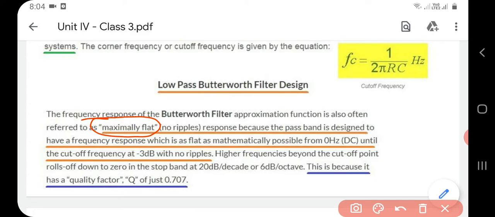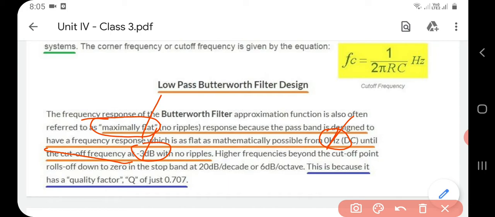So the response is flat because the passband is designed to have a frequency response which is as flat as mathematically possible from 0 Hz until the cutoff frequency at -3 decibels with no ripples. That is why its frequency response is said to be flat. Why? Because from 0 Hz up to the cutoff frequency, at -3 decibels, the frequency response is completely flat, that is there are no ripples. Now the higher frequencies beyond the cutoff point roll off down to 0 in the stop band